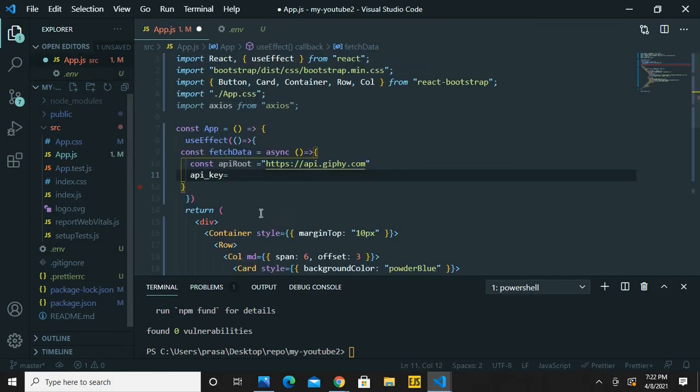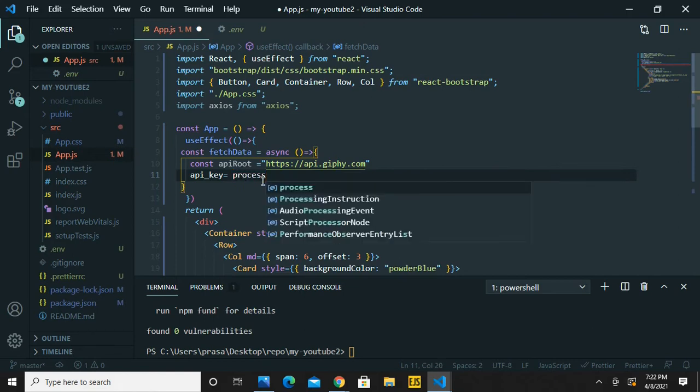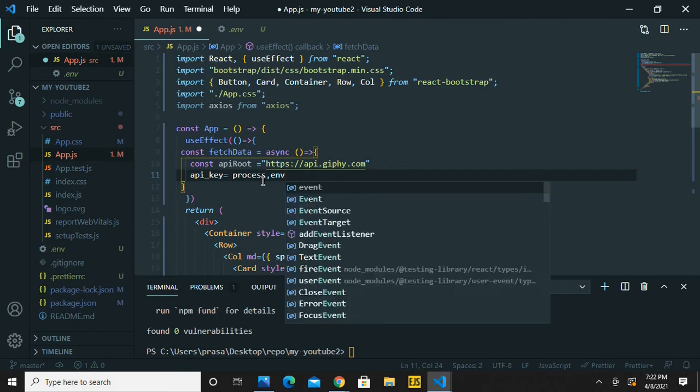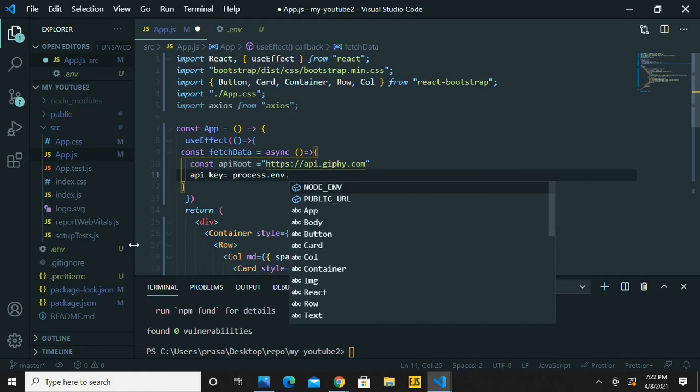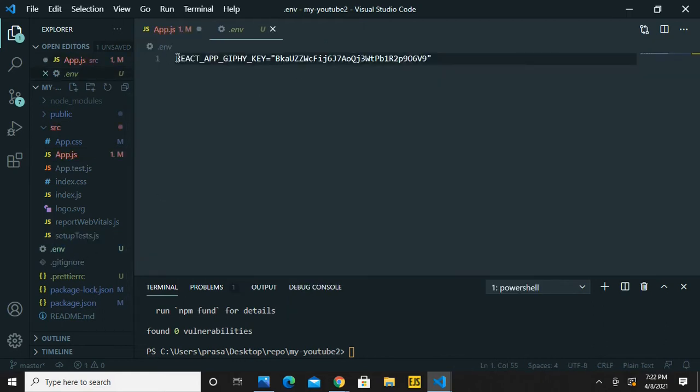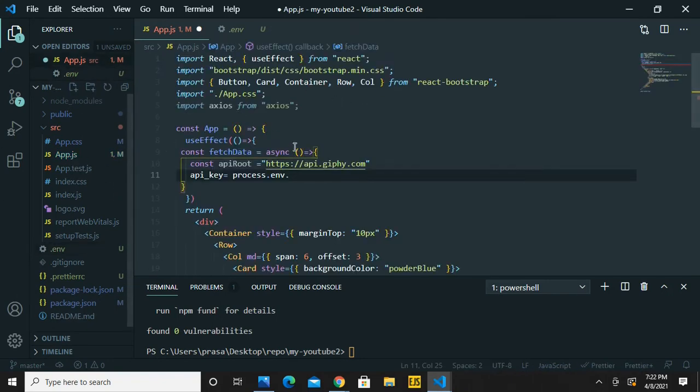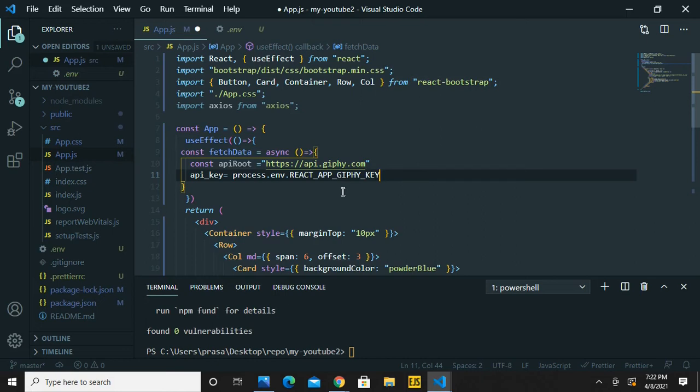So when I go to the app here, I will need to write process dot env, process dot env dot the same thing here, React app Giphy key. Let's copy it and paste it here. All right, we are good here. Oh, sorry, I forgot to write const. All right,